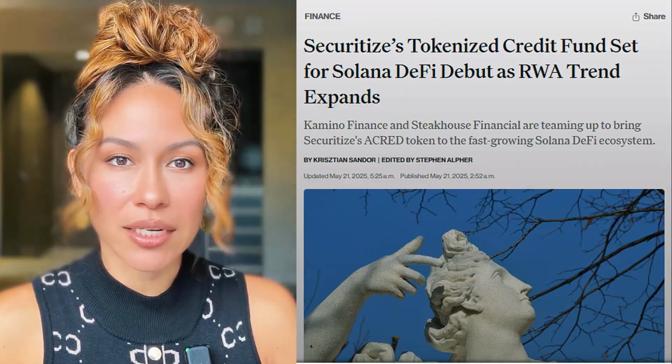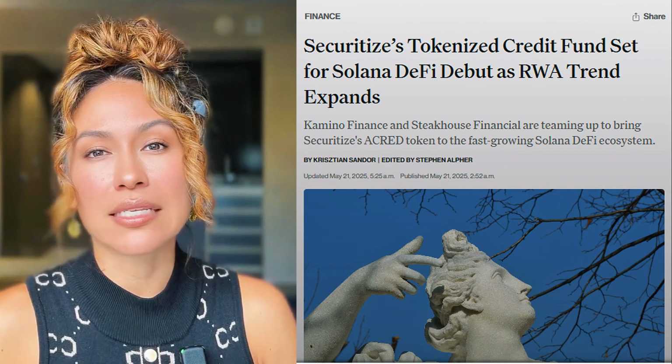Securitize's Apollo Credit Fund tokens are set to debut on Kamino. Securitize is one of the best known names in tokenized real-world assets and a leader in bringing regulated credit and traditional finance onto blockchains. This partnership expands Kamino's collateralized base and brings new opportunities for users. DeFi Development Corp became the first public company to hold a liquid staking token on its balance sheet and picked Kamino